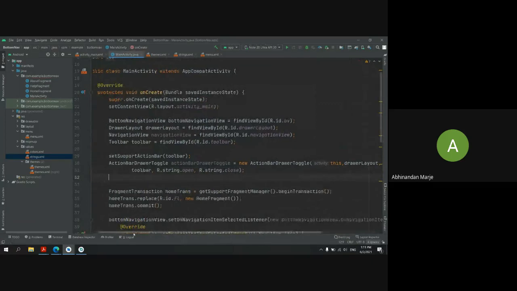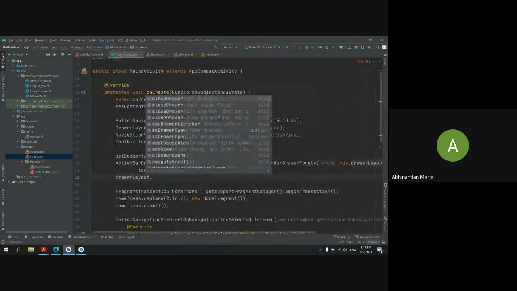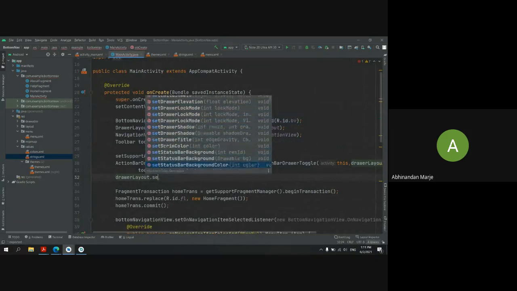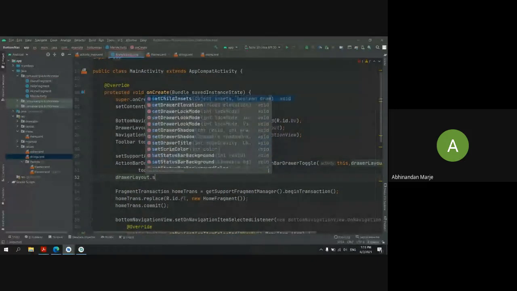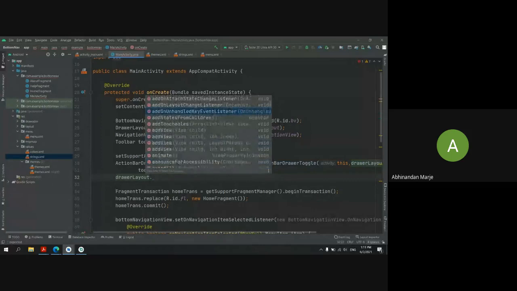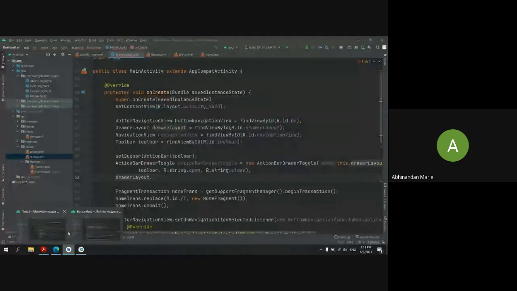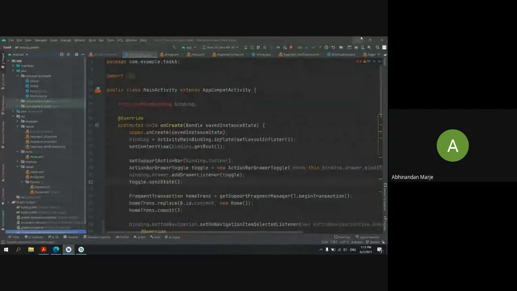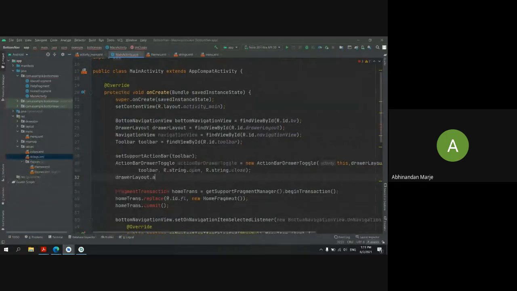So drawer layout dot, let me check what that function was. Yeah, addDrawerListener, and in that listener I will pass this toggle action button.